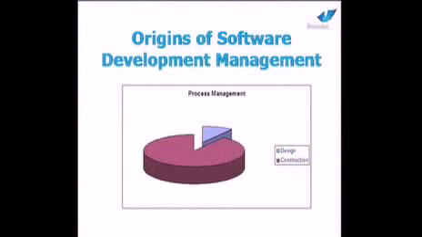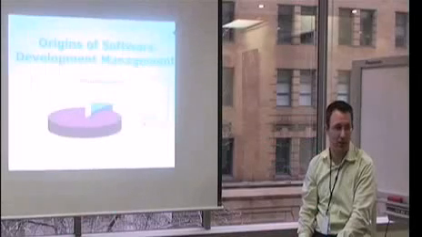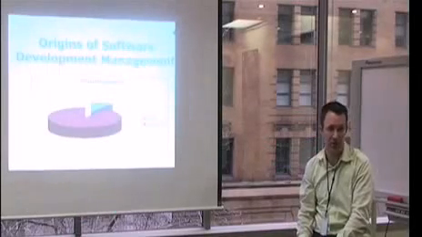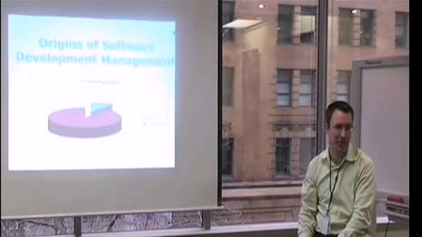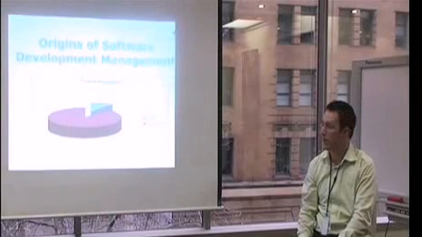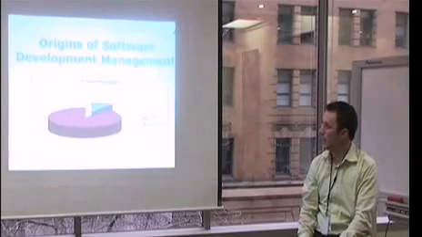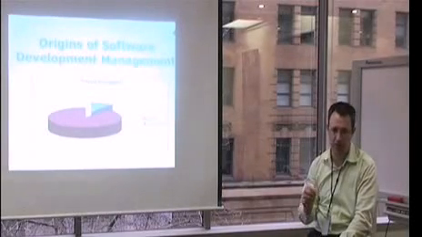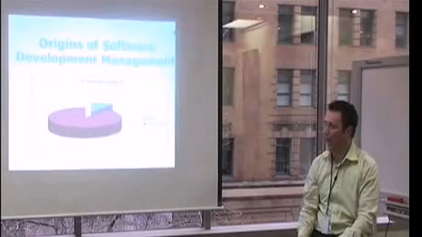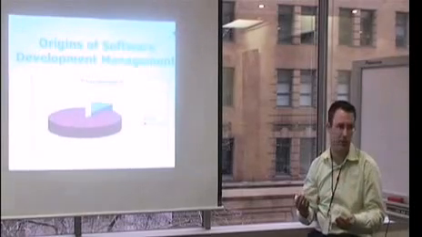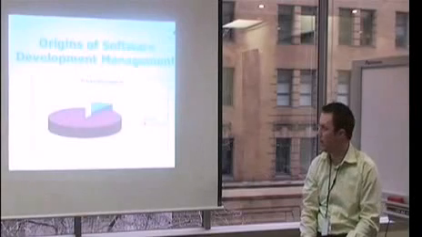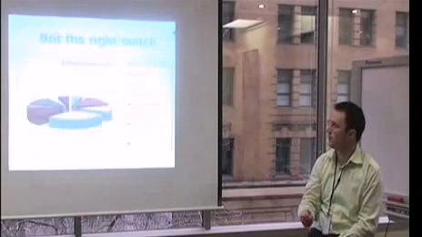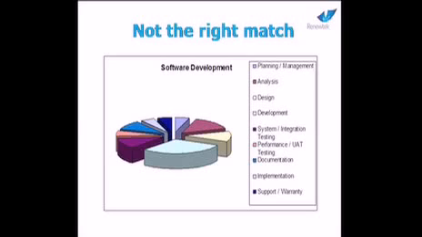Software development in the early 60s required just one machine, and it was on cards. So you had to get it right. The majority of the time had to be spent in design, because you might have had to queue up for a couple of hours to put your cards in. So we had the design and construction quite separate but quite unique, and the process theory was able to do that. It was able to be used. And what we've found is that it's not the right match anymore.